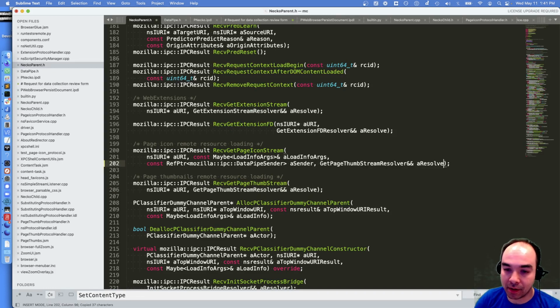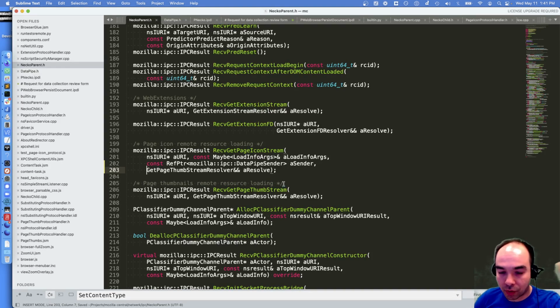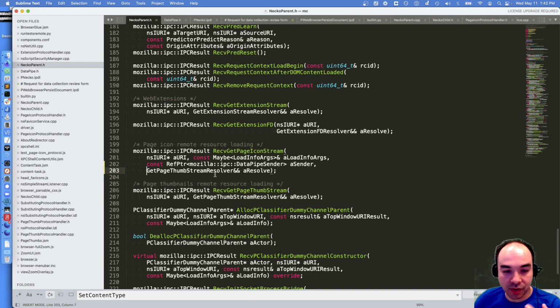The out param, how this whole promise thing works over IPC is when you're returning a result, you have to return some kind of resolver. In this particular case, we need something called a page icon stream resolver, and we're going to have to define it. So we have something called a page thumb stream resolver, and we need the page icon stream resolver.